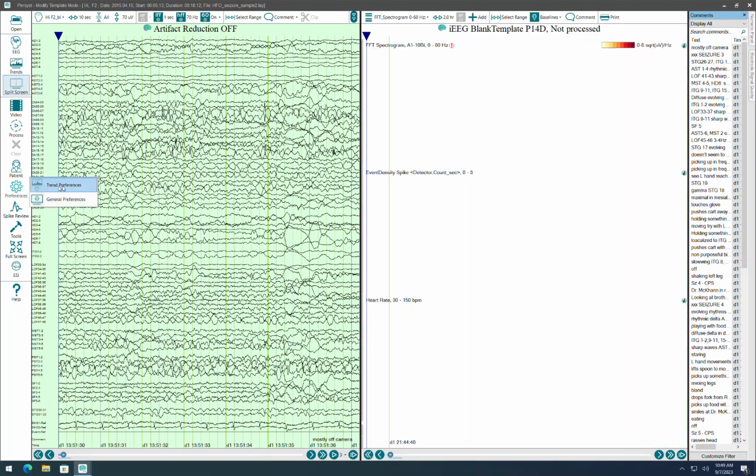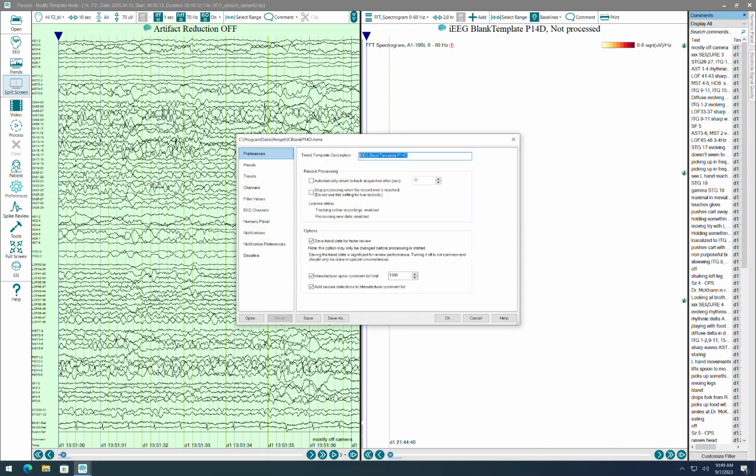And you can see that we have this IEEG blank template P14D. Now, since this is for a particular patient, what I'm going to do is save this under a different name. I'm just going to put this in there because it happens to be the name of this file, but you typically type the patient's name, and that's what's going to show up at the top so you know which trend